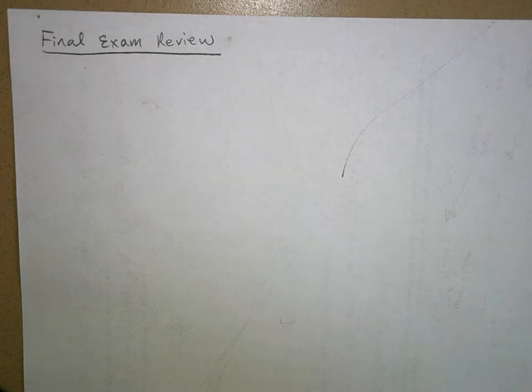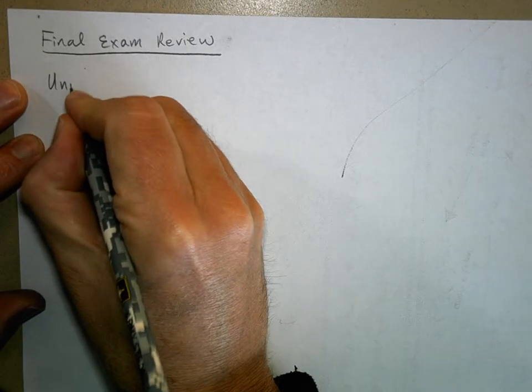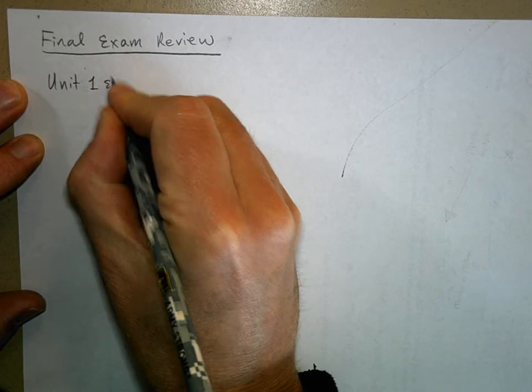I'm going to do it unit by unit. Okay, we've had 6 units. And so I want to go through it unit by unit, although the first one I want to combine the 2 units. So this will give unit 1 and 2